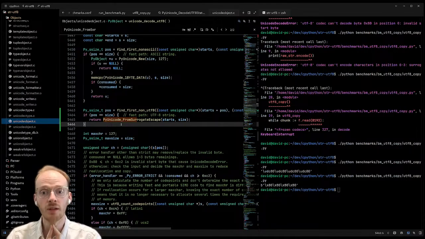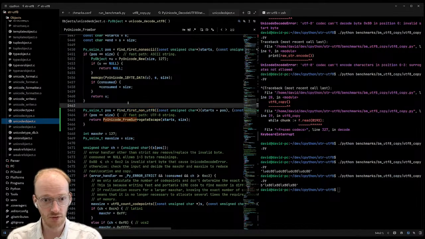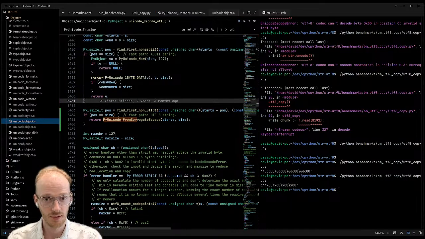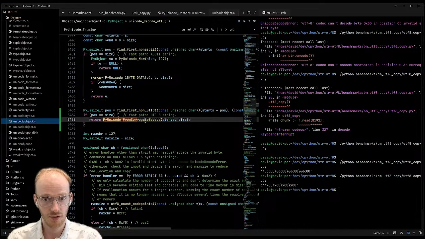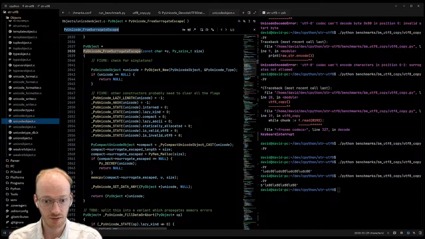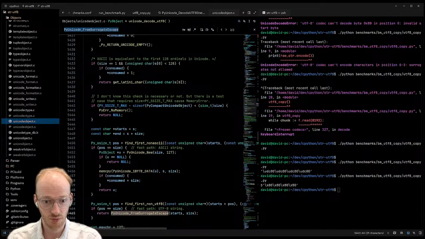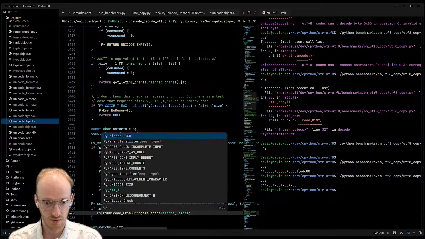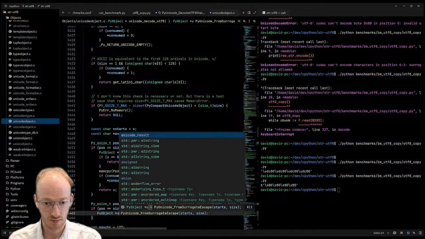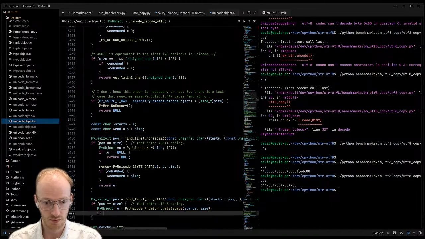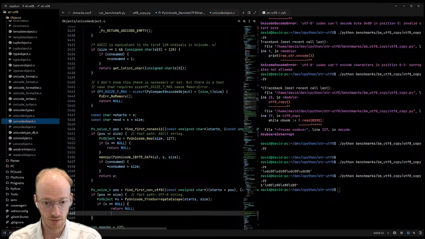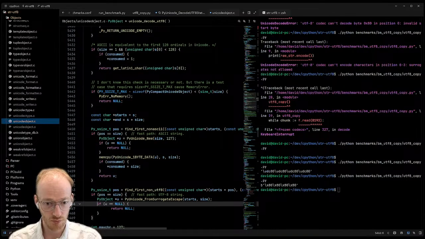I'm trying to think if there's one other. So you spoke about the surrogate escape, and if there's a surrogate escape, we also need to set the valid UTF-8 flag right here. So the if goes back in. Yes. So we will need to assign it. Okay, so we will want that.